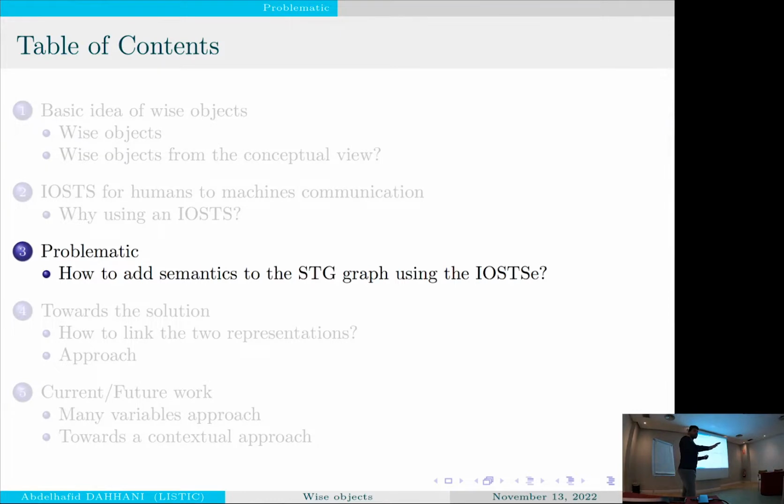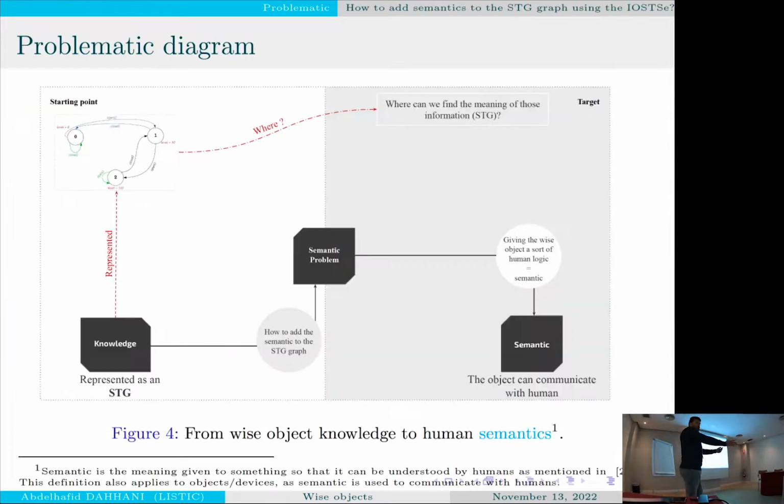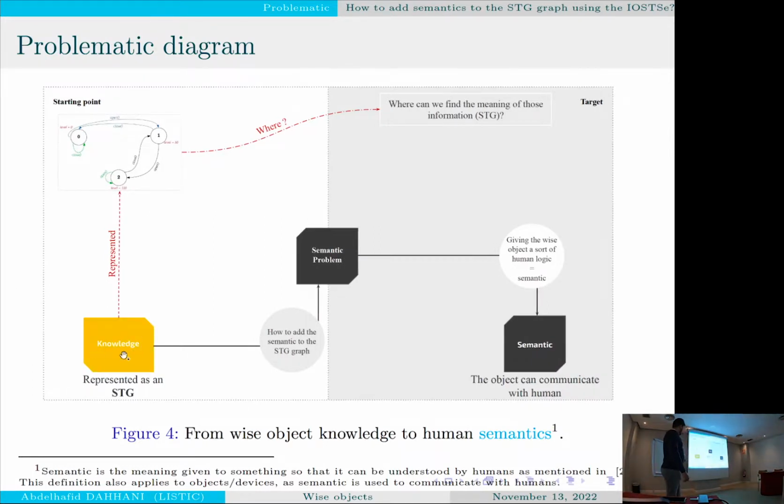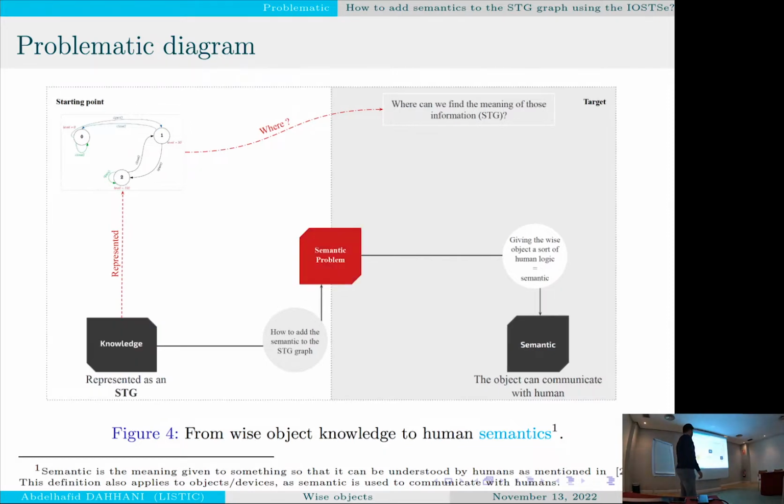So I will draw the problem schema to put you in the big picture before going toward the solution. The first thing is the knowledge we have already: the Weiser object represented as an STG. Here the STG is not understandable by humans. The question raised before is where we can find the meaning of this information, which leads us to a semantic problem.